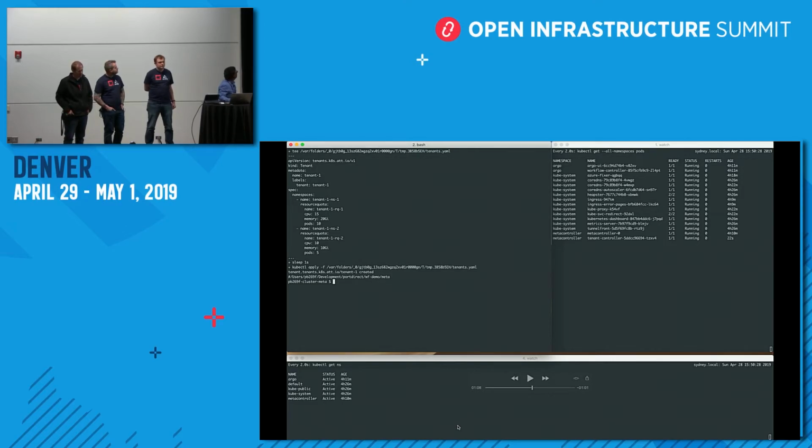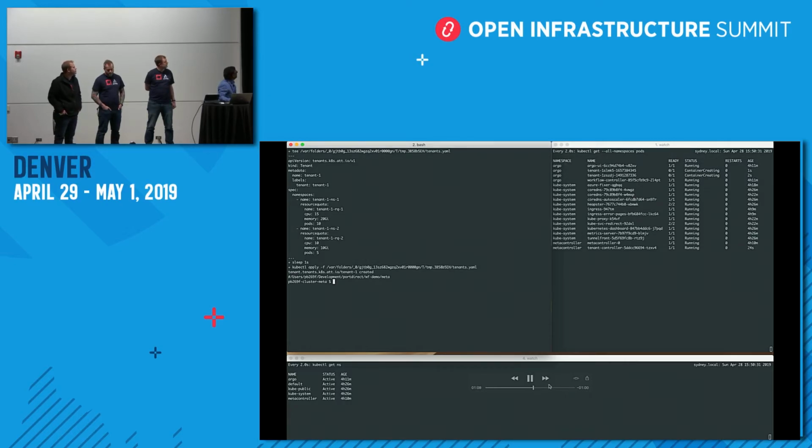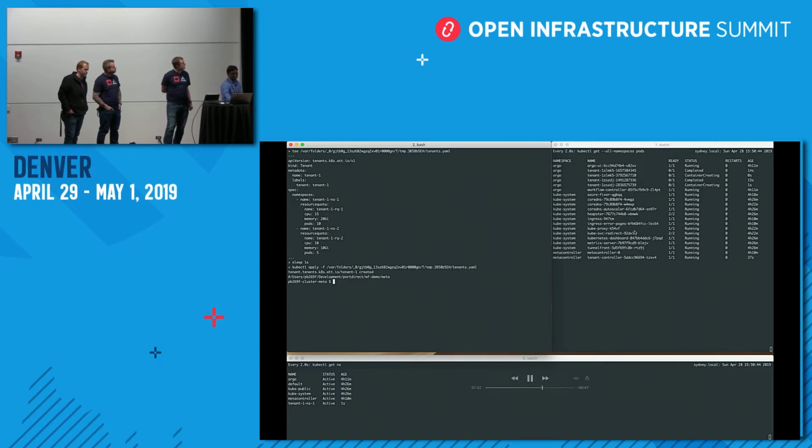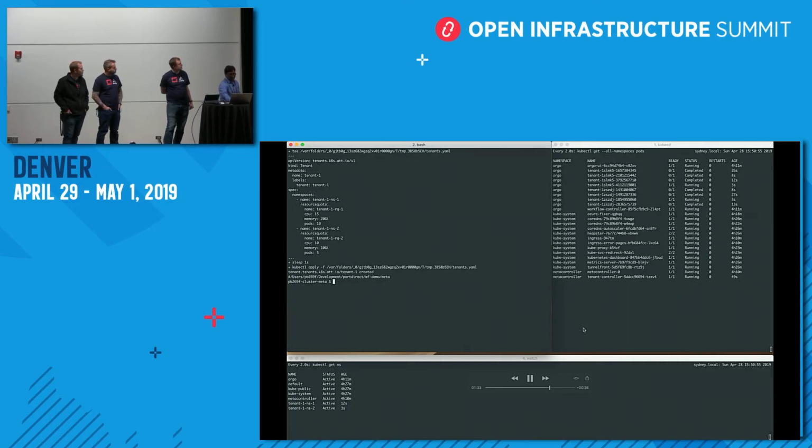The operator has defined two namespaces, tenant1 ns1 and tenant1 ns2, and corresponding resource quotas. This is the definition by the operator for the tenant custom resource. And then you can see a couple of Argo workflows have been started, which in turn will create the namespaces. And that tenant controller image, on the far right of the screen at the bottom, did just take about 50 lines of Python to go from a Jinja 2 templated workflow into something we could articulate in an operator-like fashion.